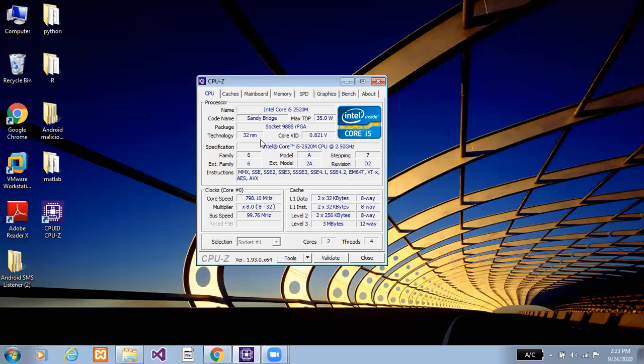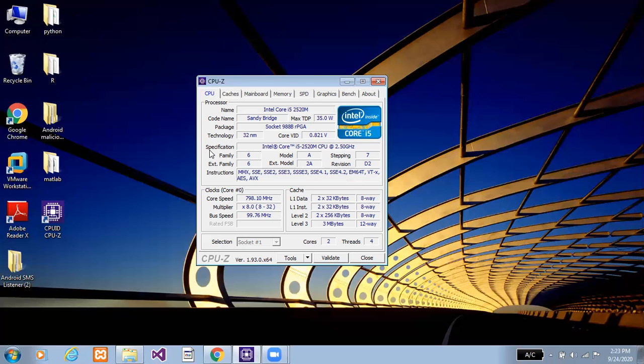The smaller the process technology, the more transistors packed into it, which makes the processor become faster and use less energy with every generation. Core voltage is the power supply voltage supplied to the CPU. In this case, it is 0.821 volts.